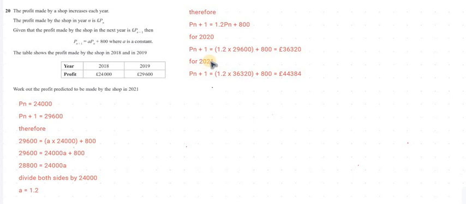And then for 2021, the 2020 profit is now Pn, so same again, 1.2 times 36,320 plus 800, you have £44,384. Okay, and that's your final answer, because we're looking for 2021. Okay,